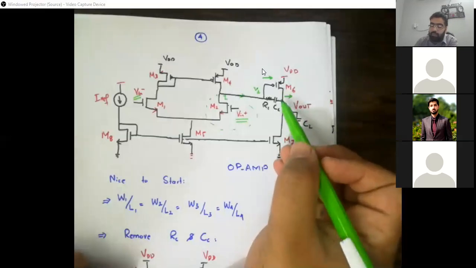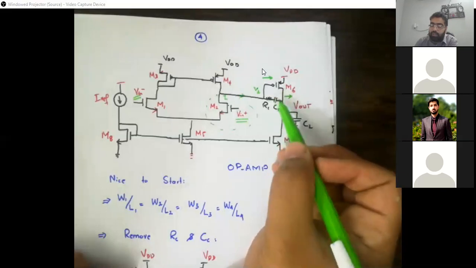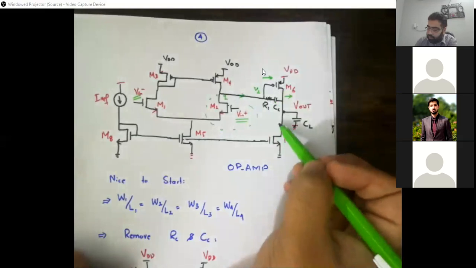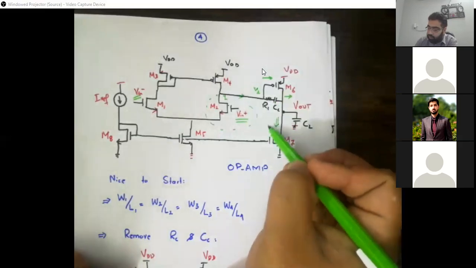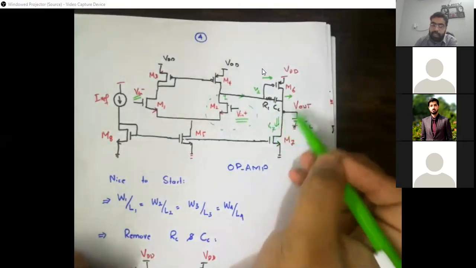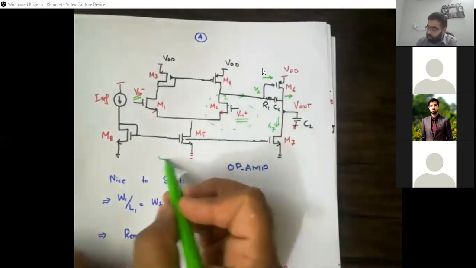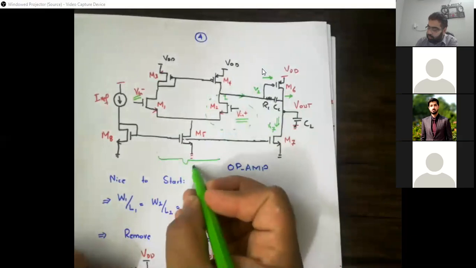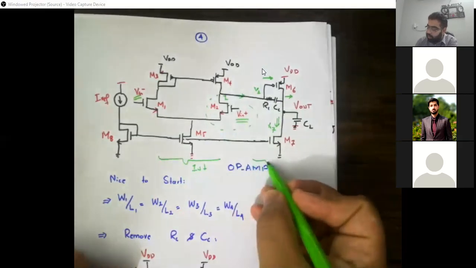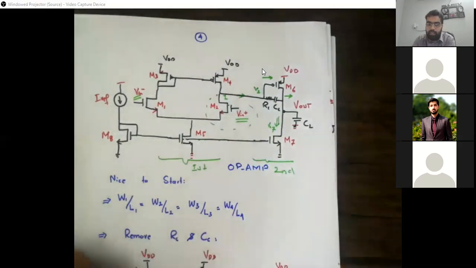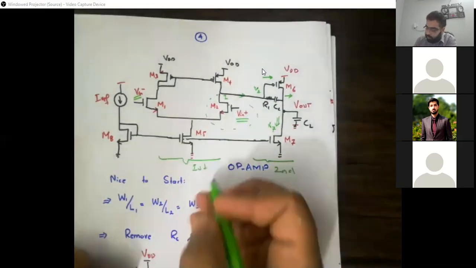आपके पास कौन सी topology है? Common source with some load. जो load है वो R0 यहाँ से नजर आ जाएगी. So there is some load R0, but ये आपके पास second stage है. So this amplifier configuration, this is the first stage, the differential first stage, and this one is the second stage. So it's a 2-stage amplifier. जिस तरह हम लोगों ने start भी किया था. It's a 2-stage amplifier, not a 3-stage.